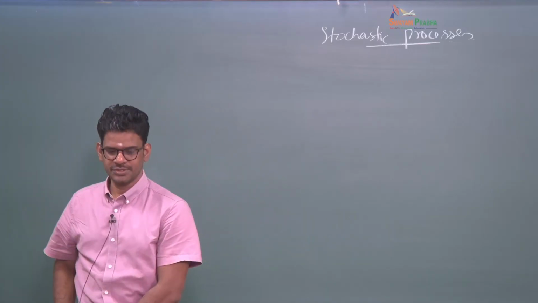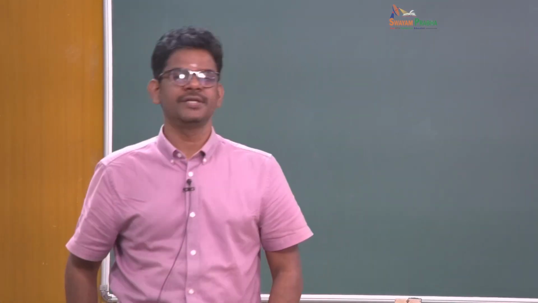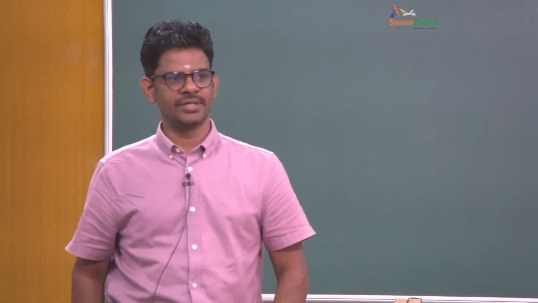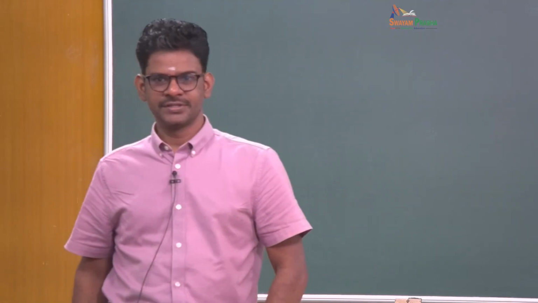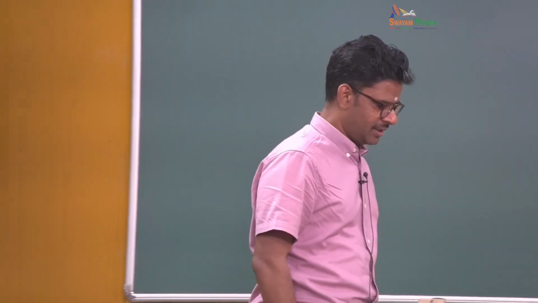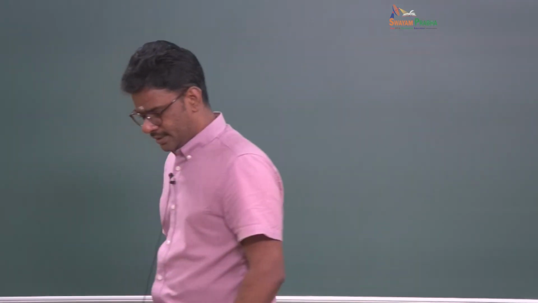So this course is about stochastic process in chemical engineering, but the development of stochastic process in chemical engineering came much later, but the genesis of this field originated in physics and mathematics. Okay, so I want to give some small discussion on the historical perspective of the stochastic process and see how this whole field came about.